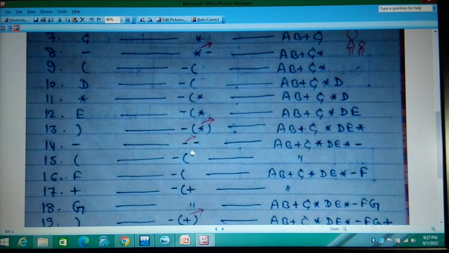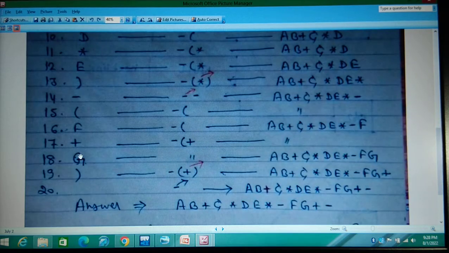Now parenthesis open, parenthesis will come here. F will come here because this is an operand. Plus will come here because this is the sign. Then G, the operand, will come here. Now parenthesis closed. Whenever the parenthesis closes, you will pop, so plus will pop and come here. Now at last there is only one minus and there is nothing else here, so this will also pop. So this is your final answer.